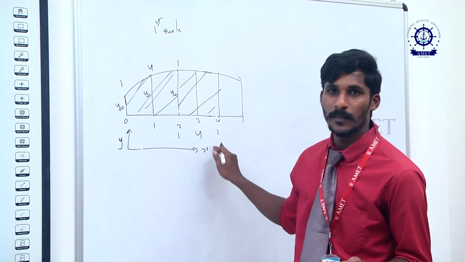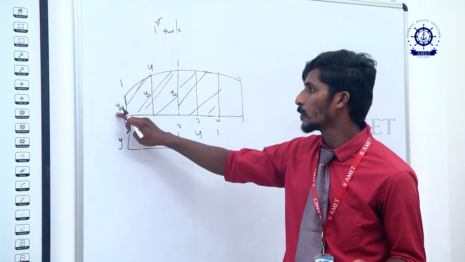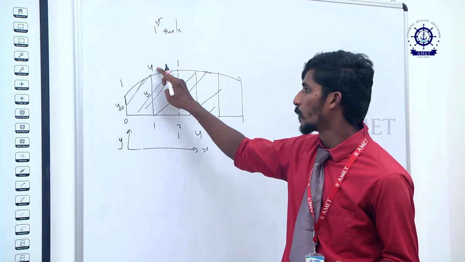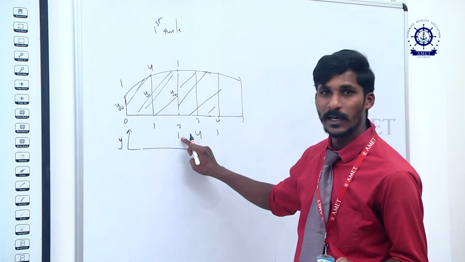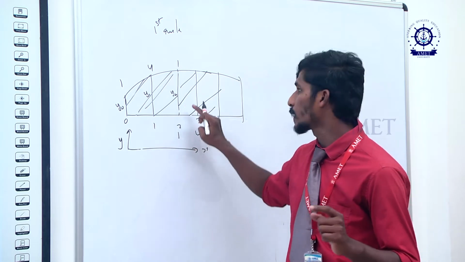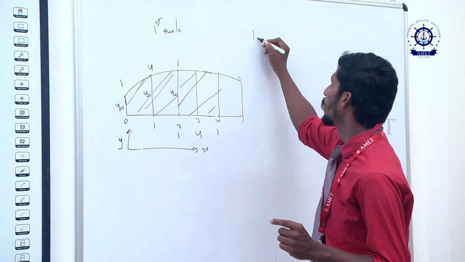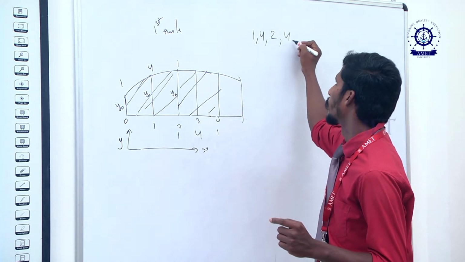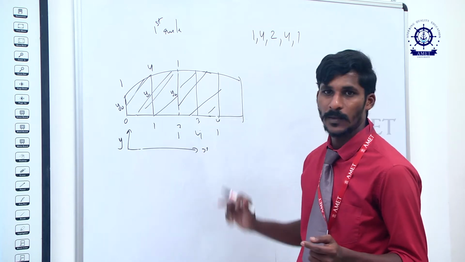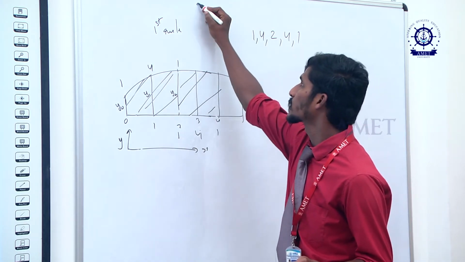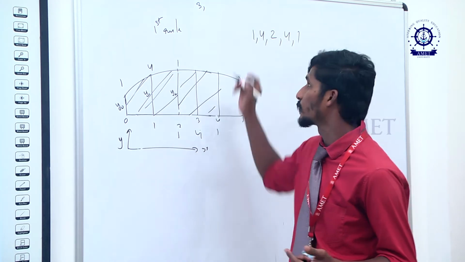When you see it overall, the Simpson multiplier has changed. If you see this one, 1 into y0 and 4 into y1 and 1 into y2. Again y2 is multiplied again from here, because to start the continuous area from the place where you left off. So now the multiplier will become 1, 4, 2, 4, 1. How many ordinates are there? 1, 2, 3, 4, 5. So the minimum ordinates you require is 3, and the next number of ordinates you require is 5.